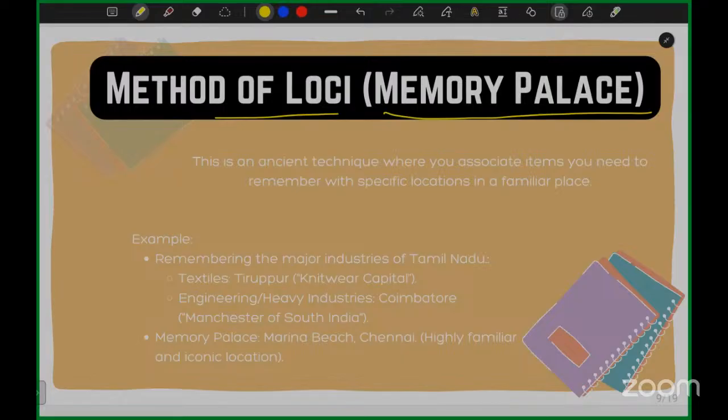For example, if I ask you which place is famous for IT, you will say Siruseri or Bangalore. Or if I ask which is famous for cotton or the textile industry, what will you say? You will say Tirupur. And for silk, Kanchipuram. Each and every place has its own identity. Can you understand this better? This is a method through which you can easily understand a concept, and the concept will come to your mind.